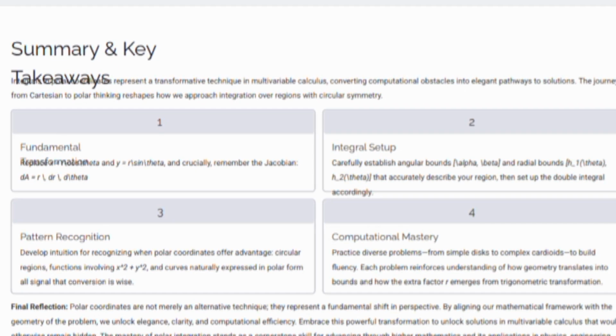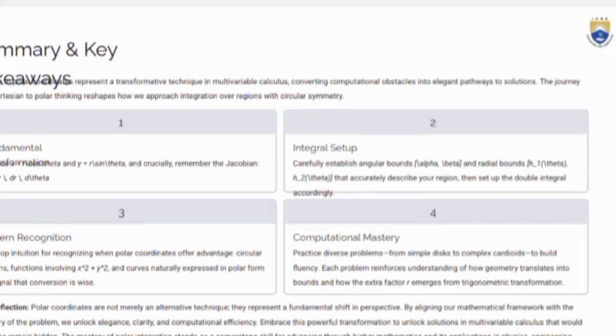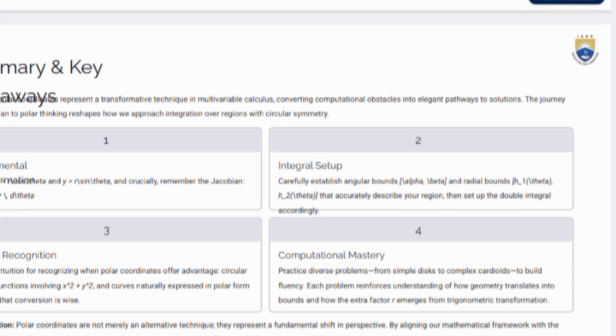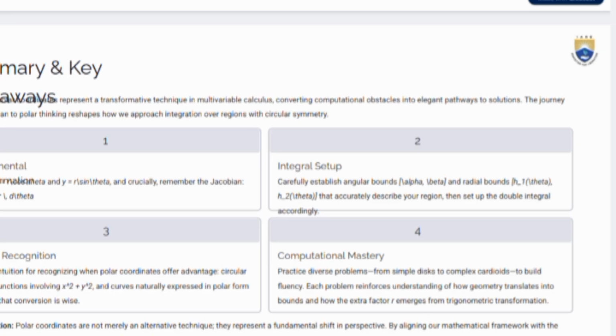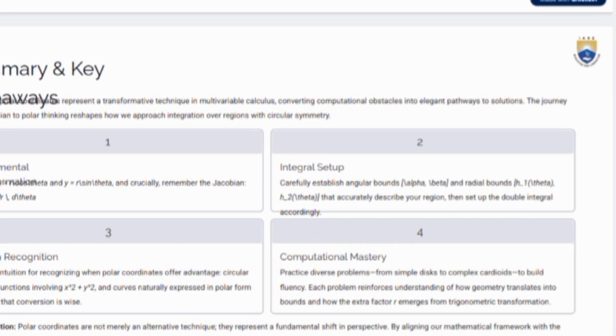The mastery of polar integration stands as a combination of skills advancing through higher mathematics, and it is applicable in physics,